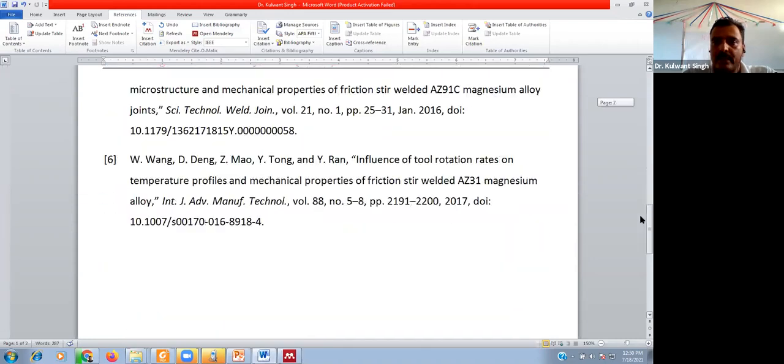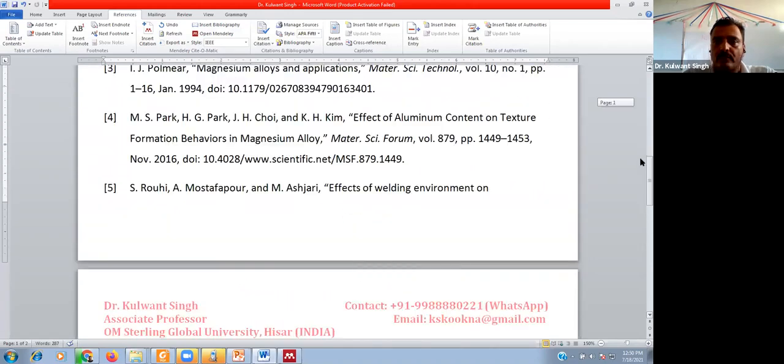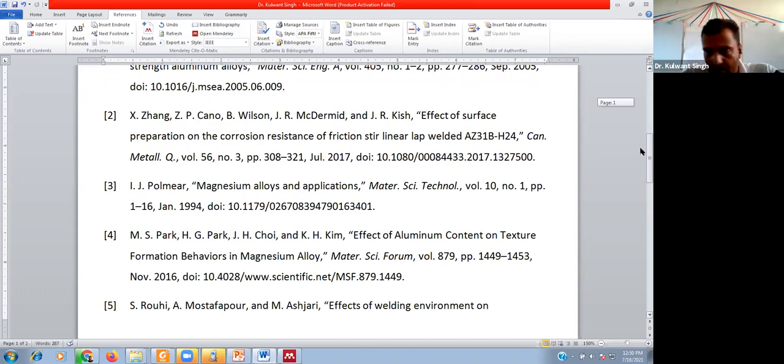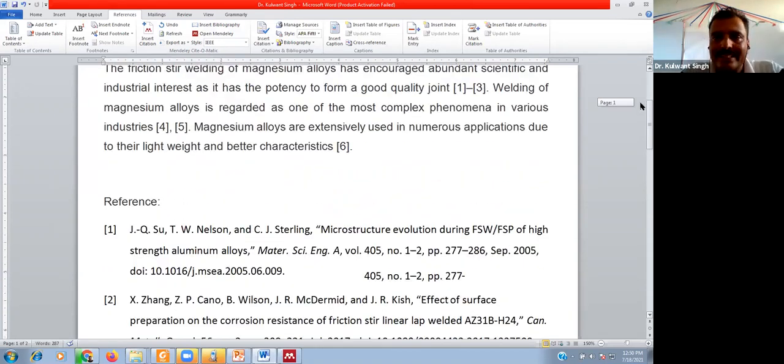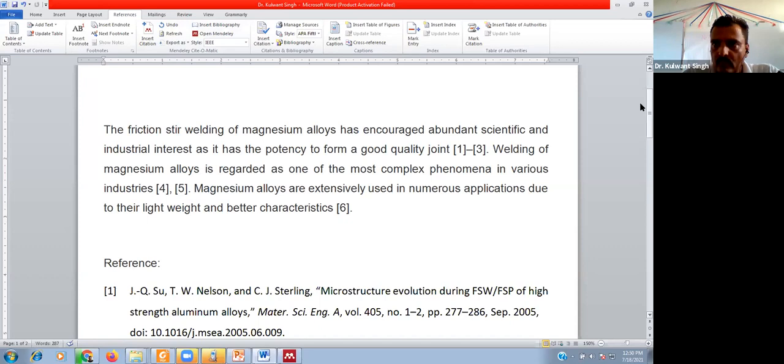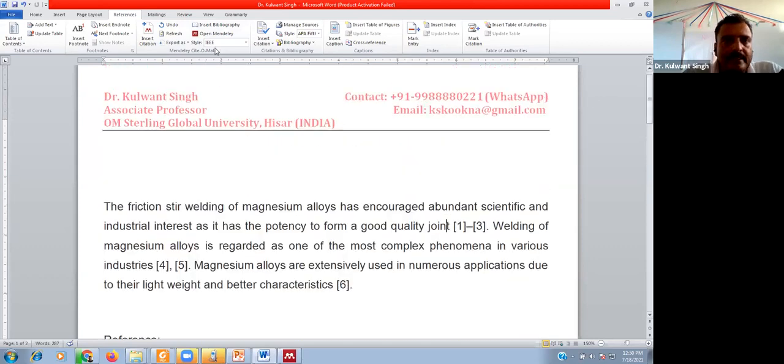So this is the main motive of using this software for reference management, and it will save our time. Now, the second thing is, suppose we have sent this paper to a journal, and